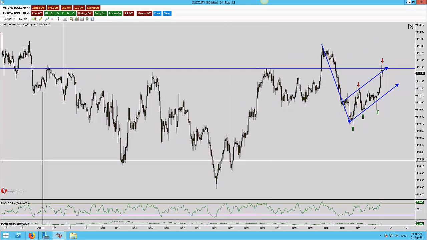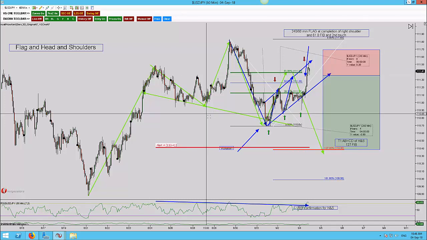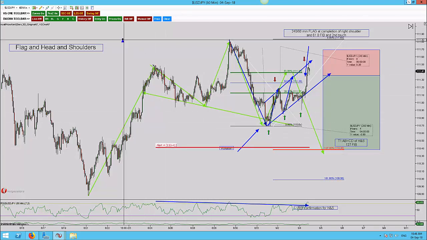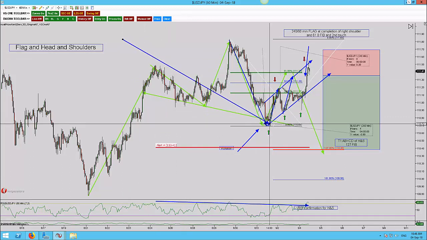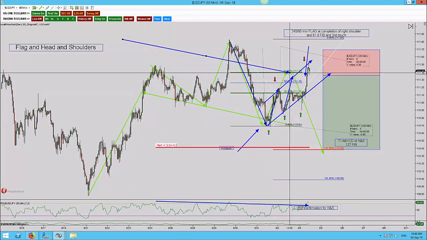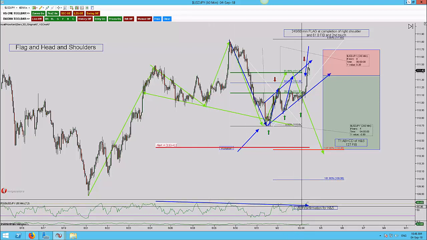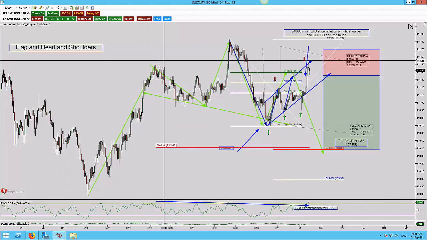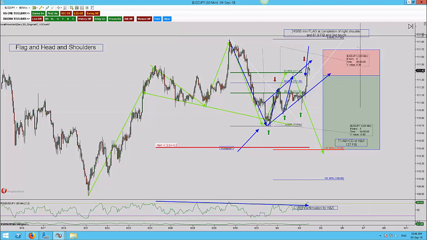So I'm just going to bring back on the other chart. Okay, this is the other chart, and I'm just going to remove the entries so you can see this a little better. So now we can see here, here's the left shoulder in yellow, here's the head. We had the violation below coming into the right shoulder, which is the 61.8 fib, and we've got the RSI confirmation here for the head and shoulders, so I need the left shoulder to be overbought, and the risk to